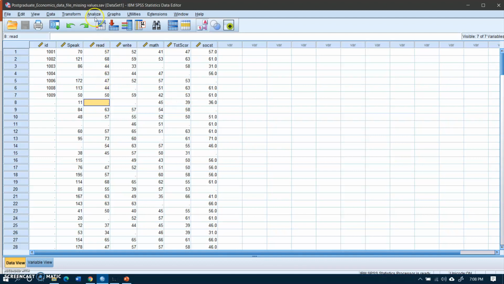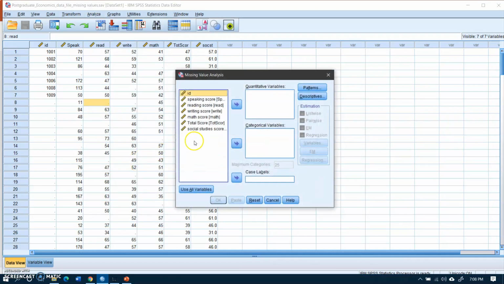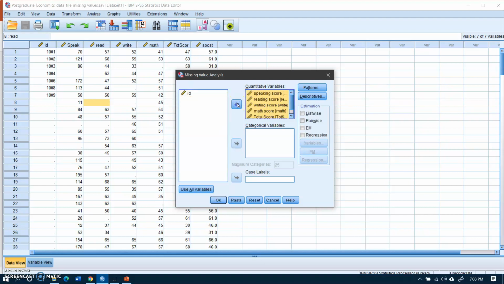To do that, I'll click on analyze, go to missing value analysis, and since all my variables are scale variables, I will shift all these variables into the quantitative variables window, and then I will click on EM, expectation maximization.